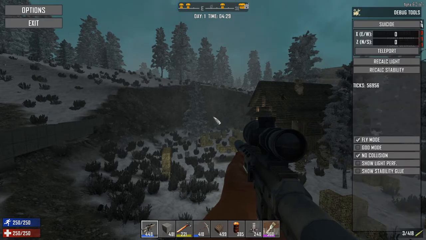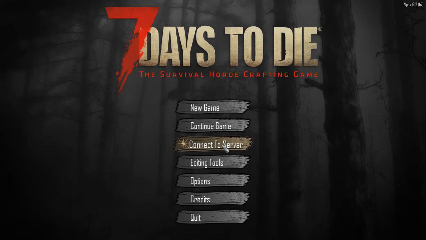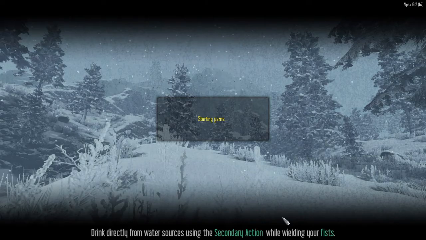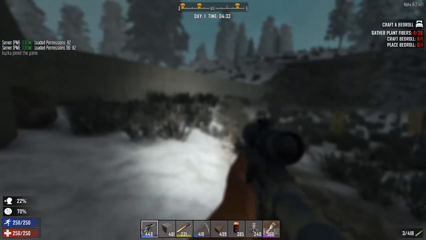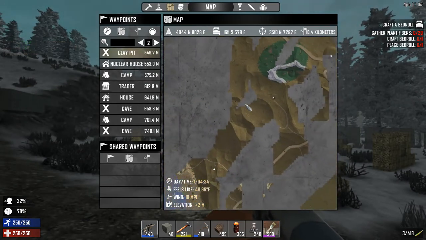And I'm just going to show you that I'm not tricking you. So I'm going to exit. And now I'm going to connect to my server. So again, that's the server that you need to connect to. That wasn't too long. And I'm going to go back to the zoo so you can see that it is